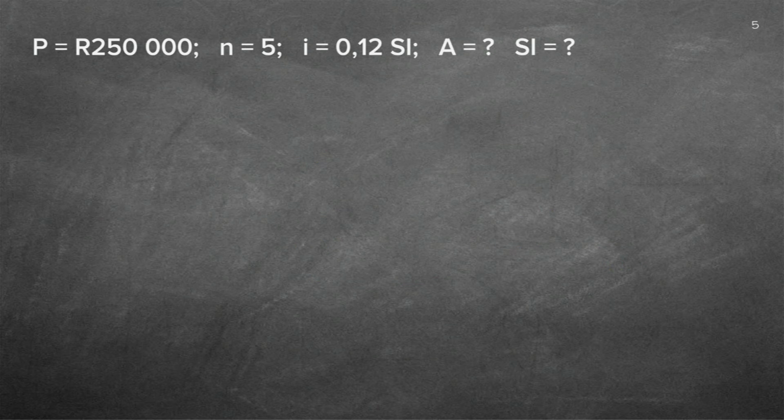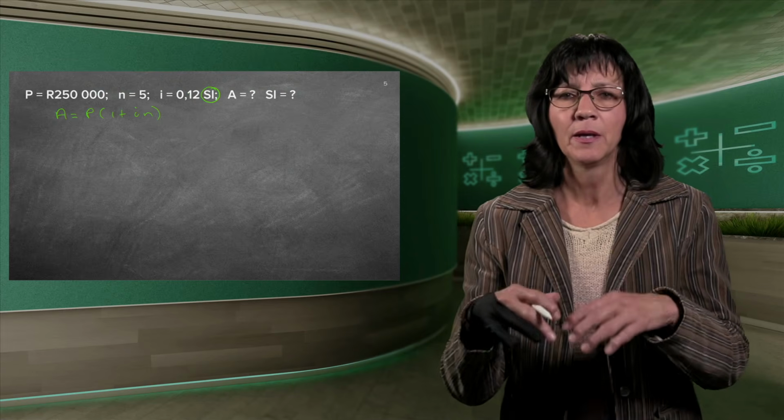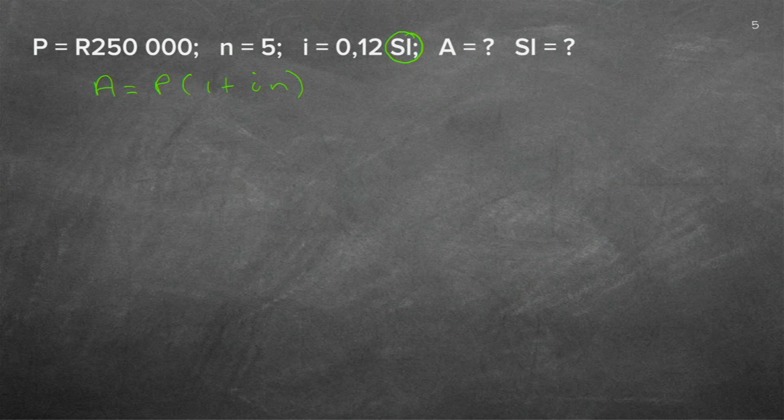So let's just get some space here. So there's everything we need to know. This is the most important part. Simple interest. So I'm going to do my simple interest formula. Everything simple, straightforward on one line. We also call it the straight line interest because it's all on one straight line, simple, all with S's. Straight line, simple interest. Good. We're going to fill in what we have. We have 250,000. We have 1 plus the I is 0.12. The N is 5.